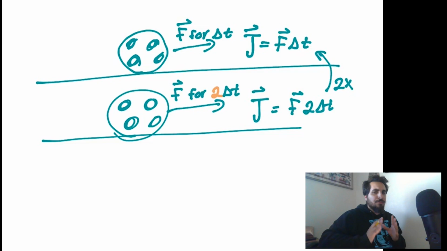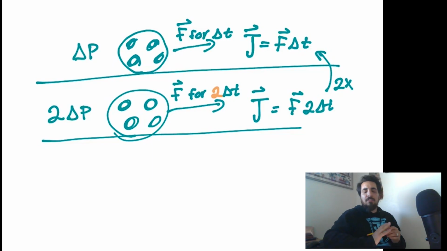And the fact that this force acts on it for twice as long, well, that's going to tell us it's going to have a larger momentum. And in fact, we would say that this second soccer ball achieves twice the change in momentum as your first. And that's just to say it's moving faster. And this maybe makes sense to us: if we apply a force for a longer period of time, then of course the object is going to move faster. So our impulse tells us about this change in momentum. And for a constant force, we can always define that impulse to be force times change in time.